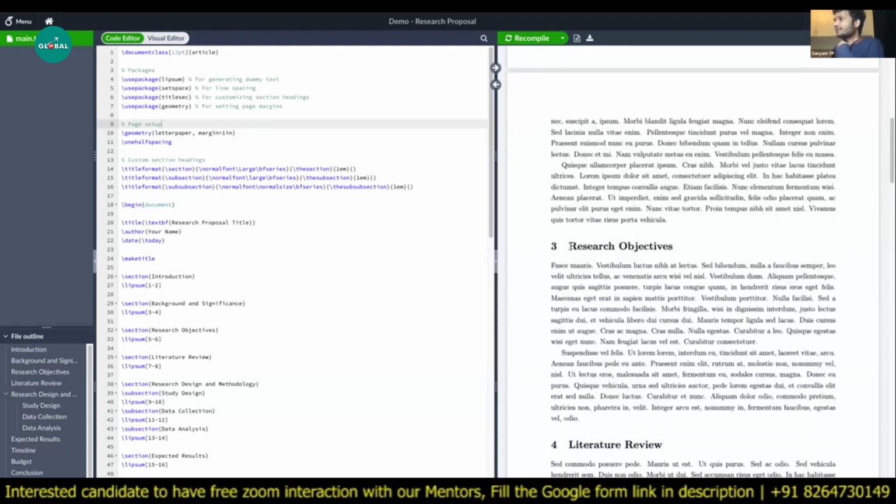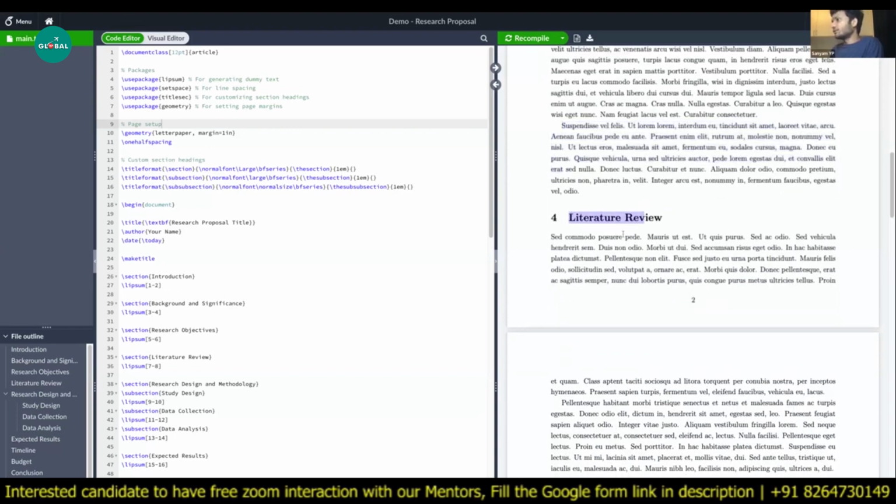Then research objectives are generally in the bulleted format. You should be adding research objectives in a point-wise manner. So let's say you are working on a specific XYZ project, right? You would be explaining the primary objective here, and all the secondary objectives can be described in a second paragraph or in a point-wise manner. Okay,